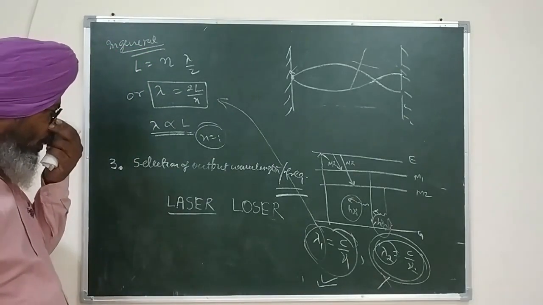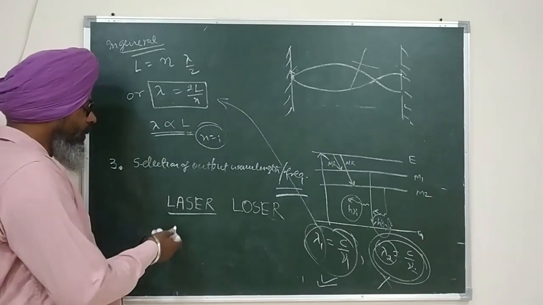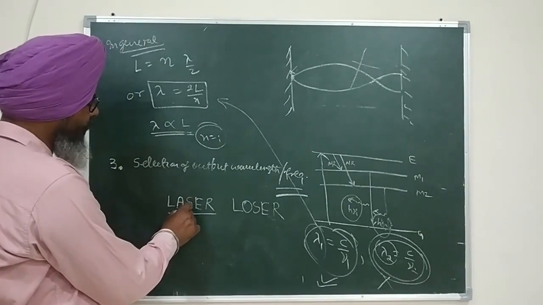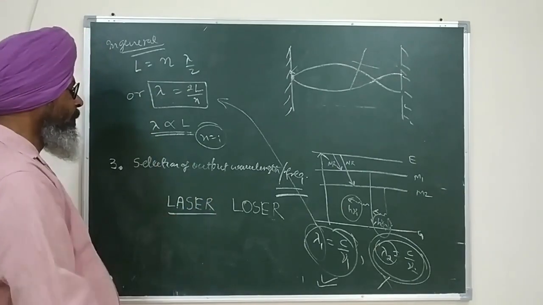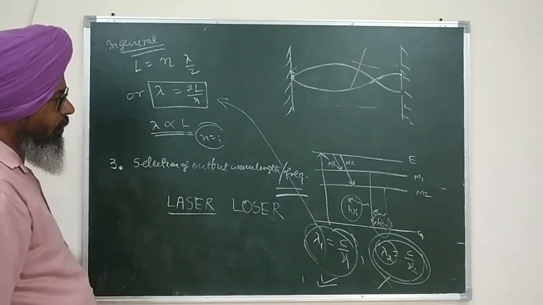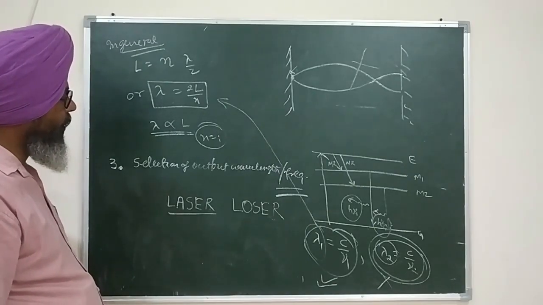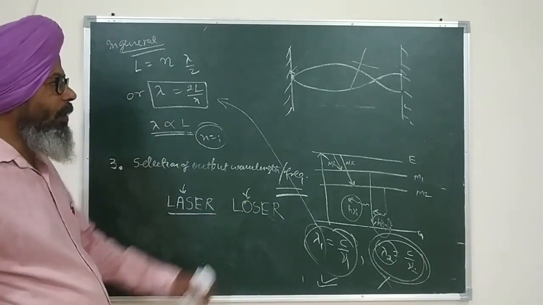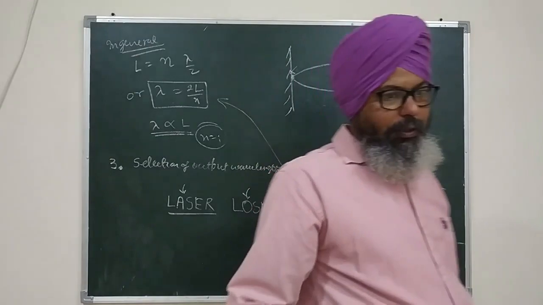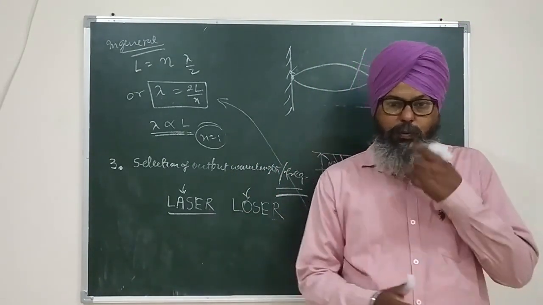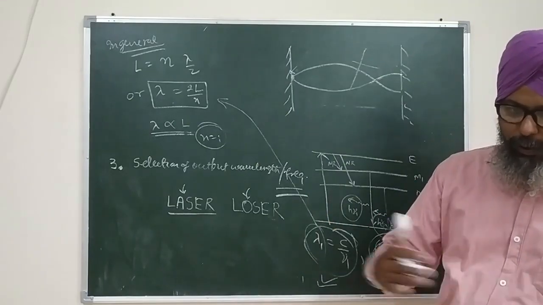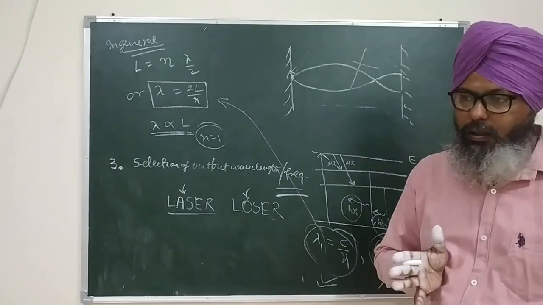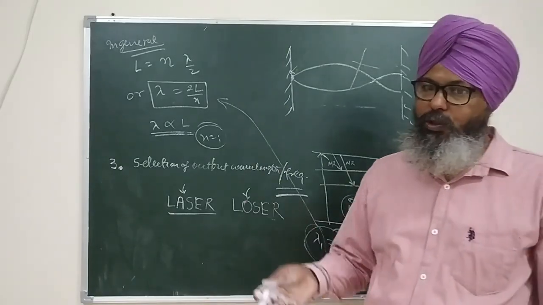So the answer, we can give in two ways. The first one is a very simple way, because the full form of laser we know is light amplification by stimulated emission of radiation. Now if you have just understood the working of the optical resonator, you will agree with me that the amplification of the light is because of the oscillation of the light. If I remove one of the mirrors in the optical cavity, then the oscillation of the light back and forth between the two mirrors will not be possible. And if the photons are not oscillating, then, because whenever the photons after reflecting from one of the mirrors re-enter the medium, further amplification takes place.